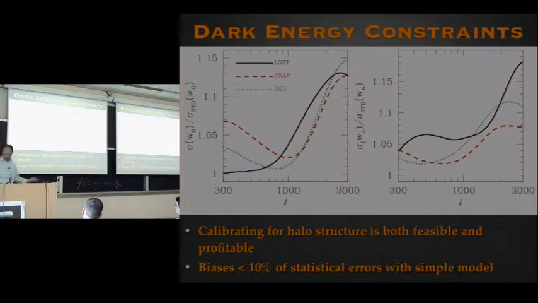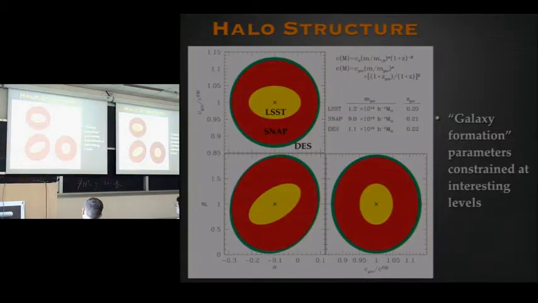And the other interesting thing that you're obviously getting for free, and since I only have a couple of minutes, I'll focus on one panel here, is you're getting these galaxy formation parameters. In other words, the whole problem was that you didn't have a galaxy formation model that you trusted well enough to predict power spectra on relevant scales. But now you're just measuring what those parameters are. When you're looking at the convergence spectrum, the only relevant parameter seems to be this concentration. Okay. But somehow that's telling you about how galaxies form inside of halos. It's not exactly clear what that's telling you, but it's telling you something. It's some constraint that any galaxy formation model will have to meet.